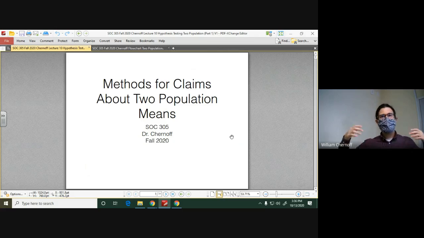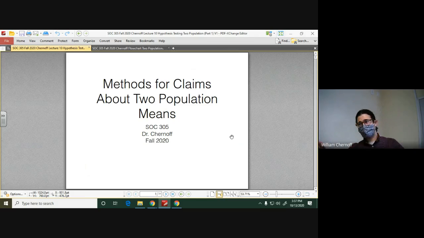So again, we can think about, say, the president of the university making bold statements about what life is like for students, saying things like, on average, students spend a certain amount of money on rent. But we can also imagine that the president can make claims about proportions too. So they can make claims about the proportion of students on campus who identify as female, the proportion of students who identify as freshmen versus non-freshmen, things like this.